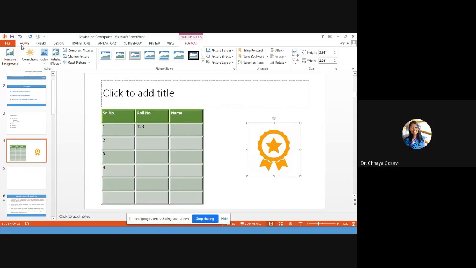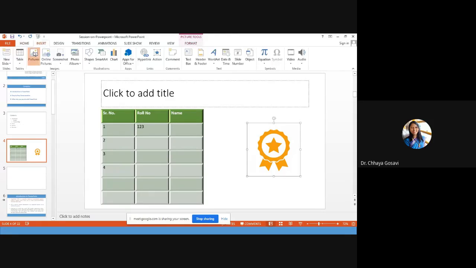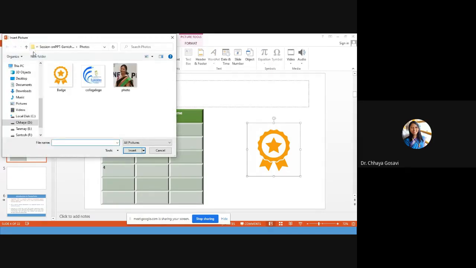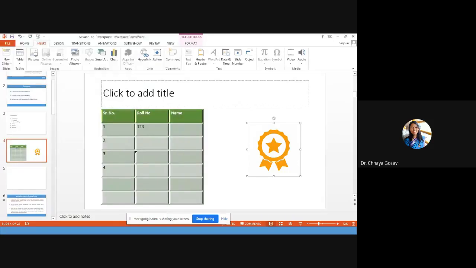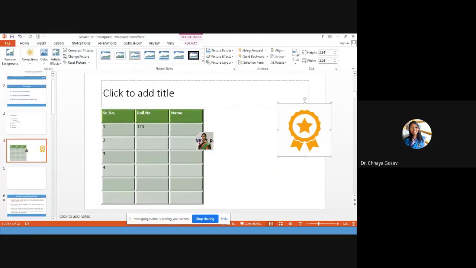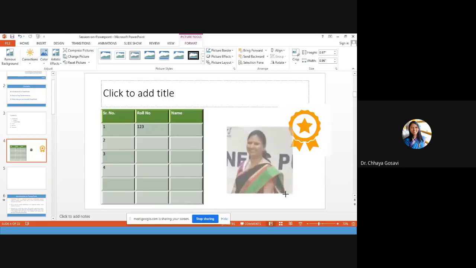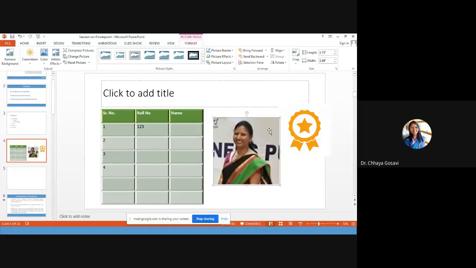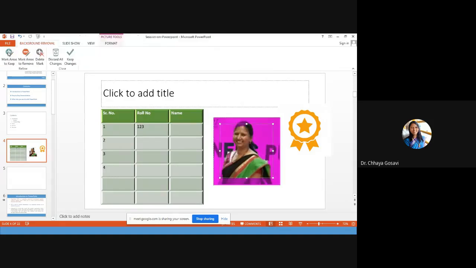For example, let me take one more picture. Now in this picture there is a background. I didn't want this background, so what I can do is remove background. I have to select the foreground part.